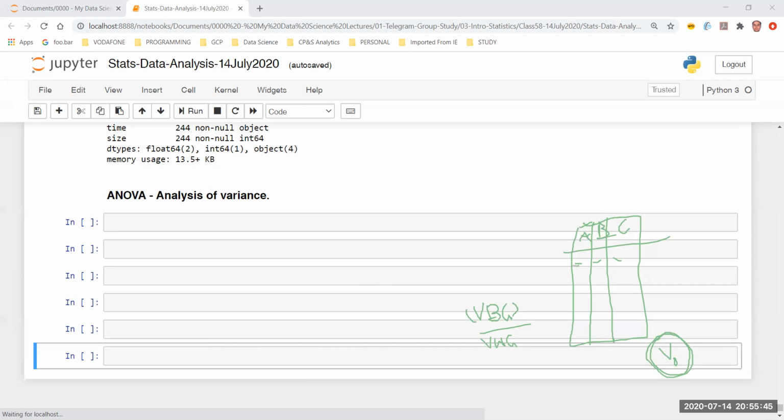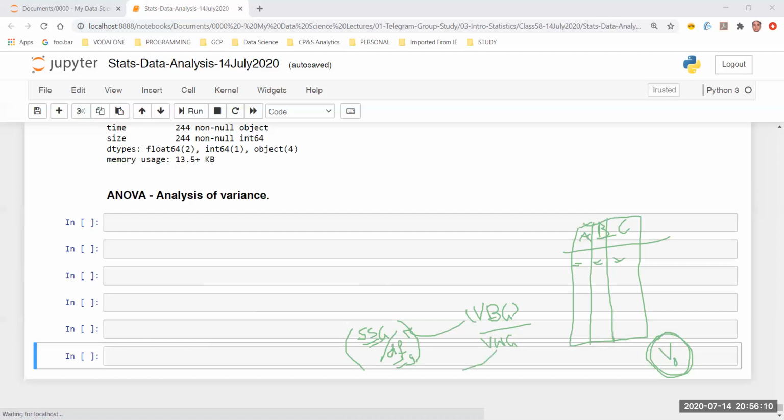That's the variance between groups. Mathematically it can be represented as the sum of squares between groups, SSG, divided by the degrees of freedom of that group, DFG. We are going to decipher the formula for calculating SSG and DFG by taking an example.